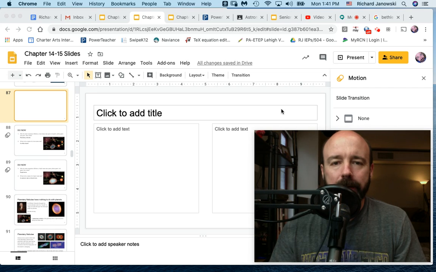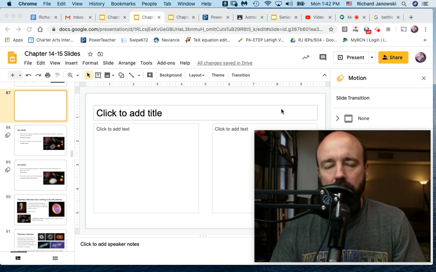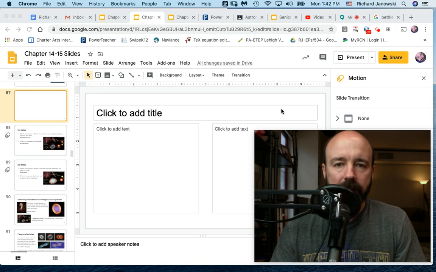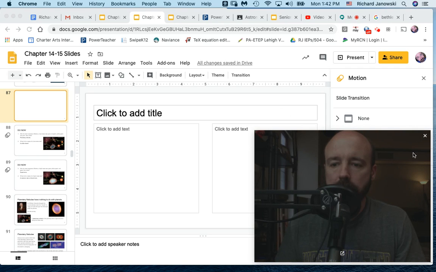So anyhow, this is part 5 of the chapters 14 and 15 astronomy slides. So we've talked about stars during their lives, when they're on the main sequence and what comes after that. And today we're going to deal with their deaths. And then in the parts after that, we'll start to deal with what their different corpses look like. So let's get started with that.